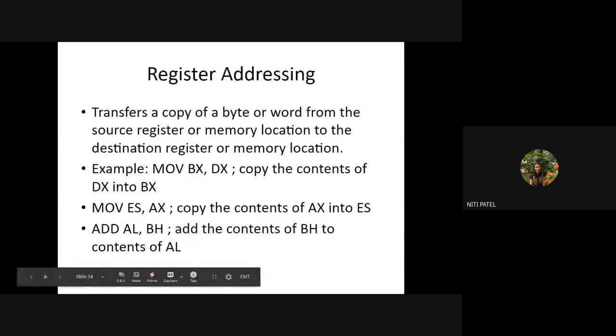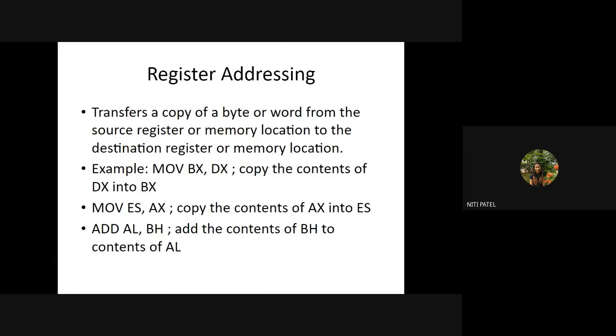So now look into the chat box. If I write MOV 2000H, 3000H, if I have an instruction like this, do I have both memory addresses? Yes. So when I have both memory addresses, out of which one is destination and one is source, which is the source? 3000 is the source, and 2000 is the destination. So if I have an instruction like this, I can call this instruction also as register addressing. ठीक है? तो या फिर दोनों register होंगे या फिर दोनों के address होंगे. एक का address एक का destination ऐसा नहीं होगा. अगर ऐसा हुआ तो then it will be direct addressing. It won't be considered as register addressing.